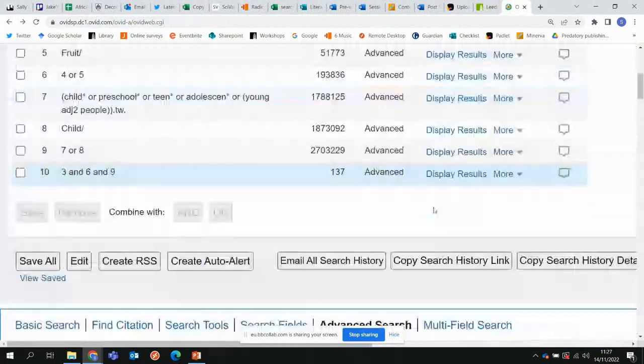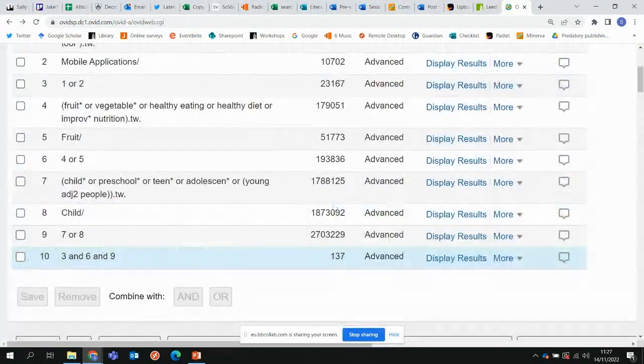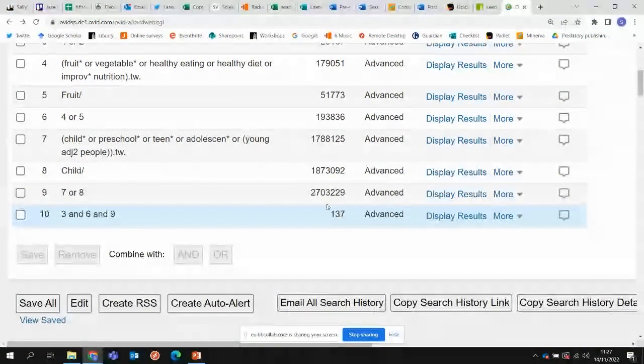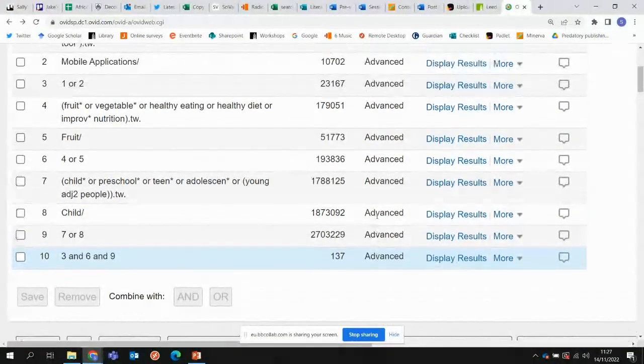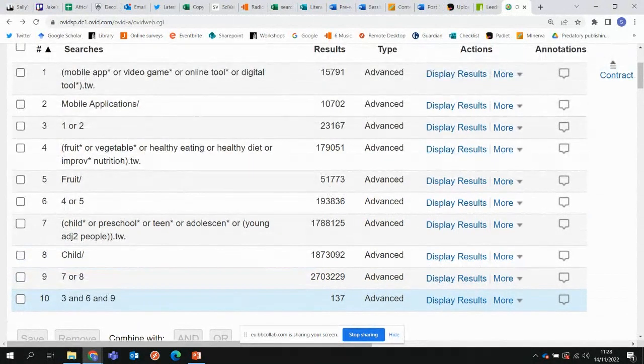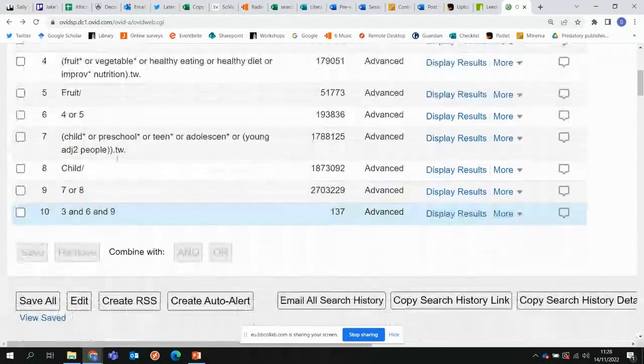Okay, once you've done your search and you're happy with it, you need to make sure you save it in whatever database you're in, because you need to keep a record of your searches so you know what you've searched, when you've searched it, and how you searched it. So in each database, you will be able to set up an account and save your search. So in the Ovid databases,